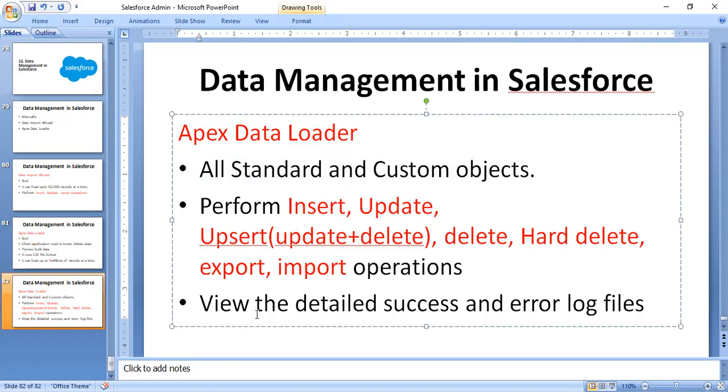These are the different operations performed by the Data Loader.